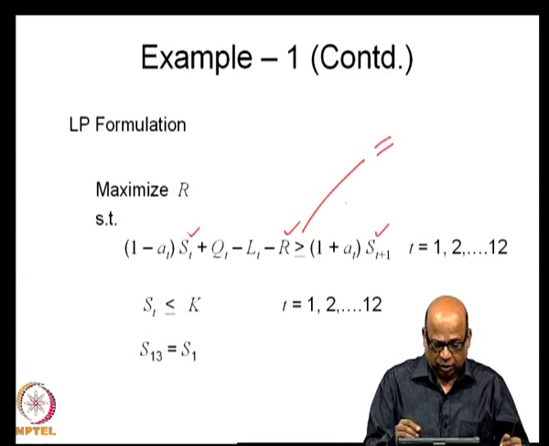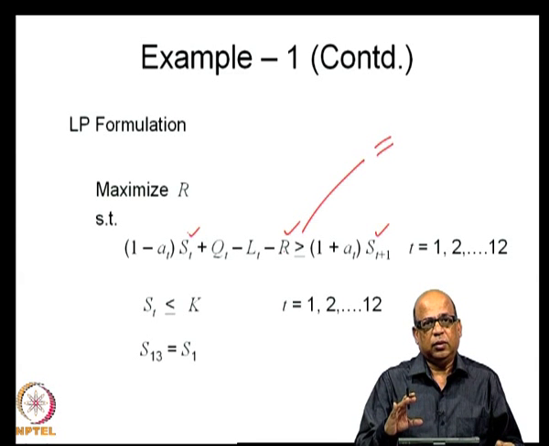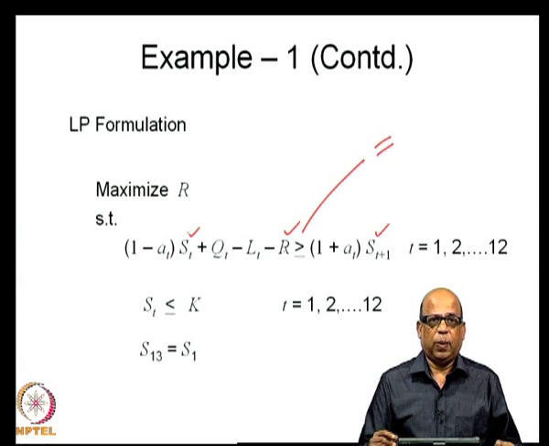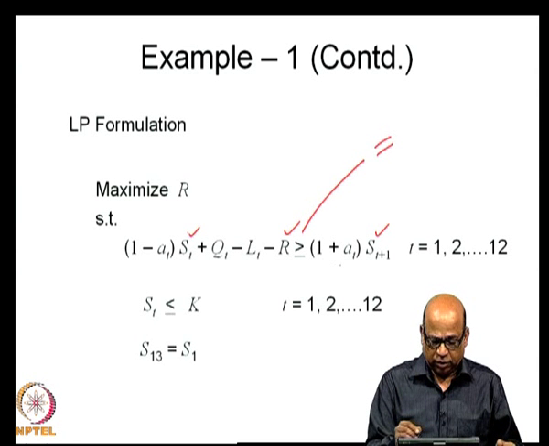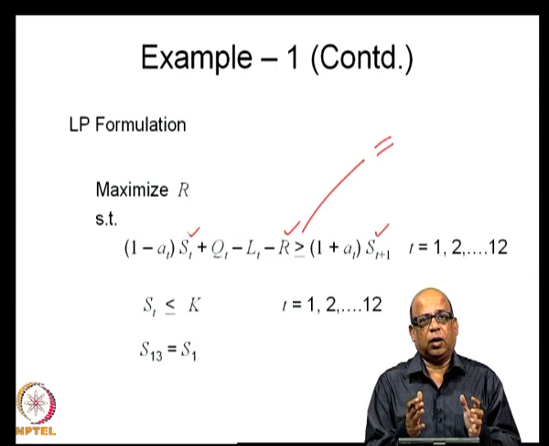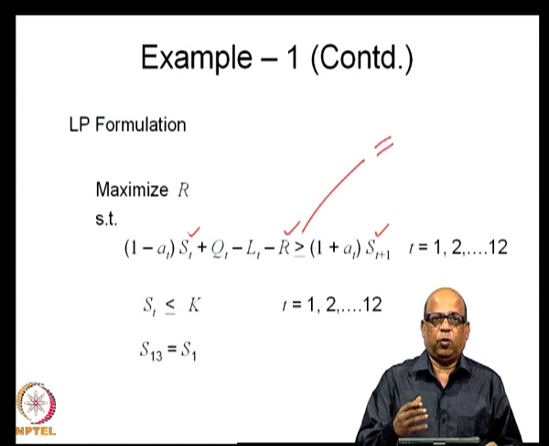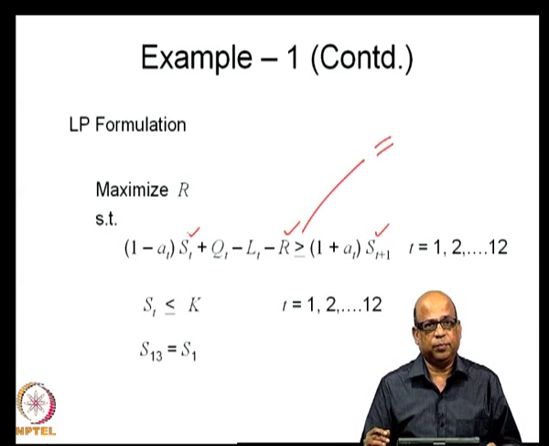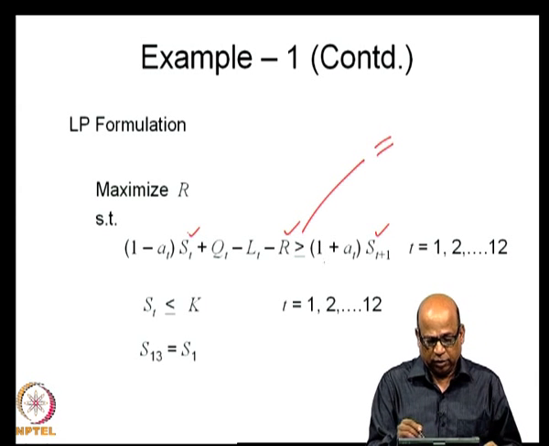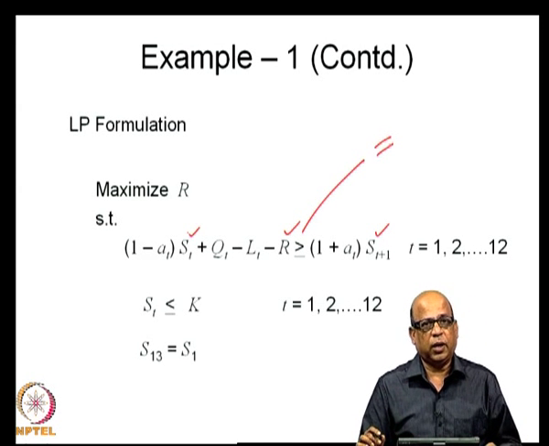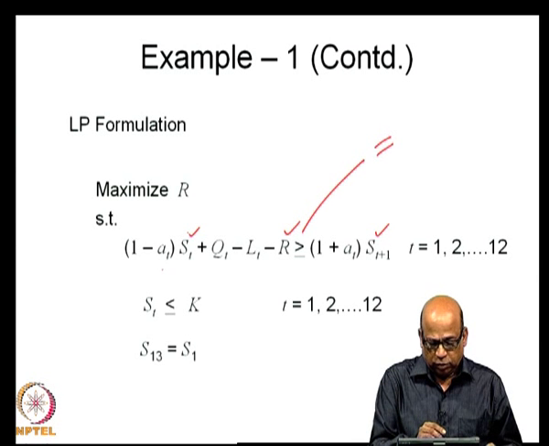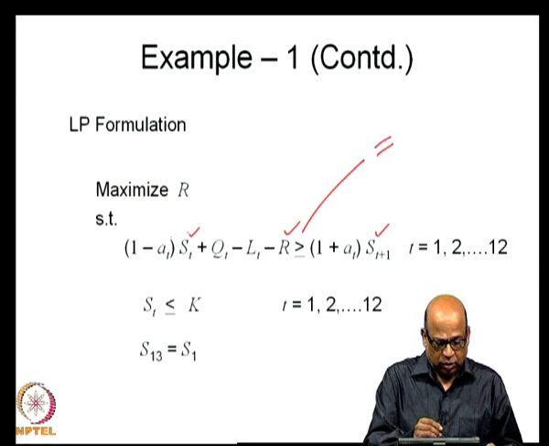To avoid that, as I have explained in the previous class, there are different ways of handling this problem, and one of the ways is simply to make it greater than or equal to here. So that whatever excess is there is absorbed into R here. So, you are actually allowing for some latitude or flexibility in the constraints, so that if there is additional water, it can be accommodated in one of the terms, because you are saying the left hand side can be greater than or equal to the right hand side; it need not be exactly equal. So, this is how we write the continuity equation.